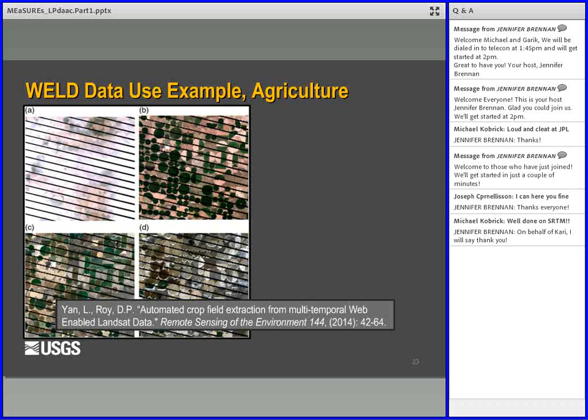The WELD data are developed specifically to provide consistent data that can be used to derive land cover as well as geophysical and biophysical products for regional assessment of surface dynamics and to study Earth system functioning. In this data use example, WELD data were used to extract a time series of agricultural crop fields in Texas,